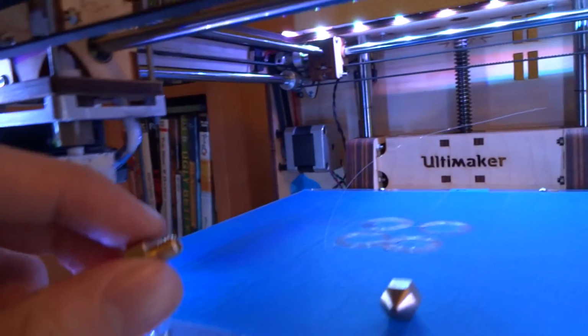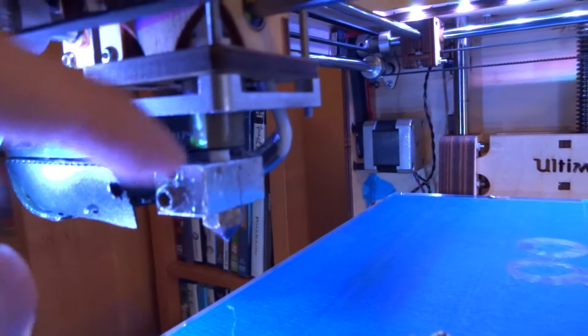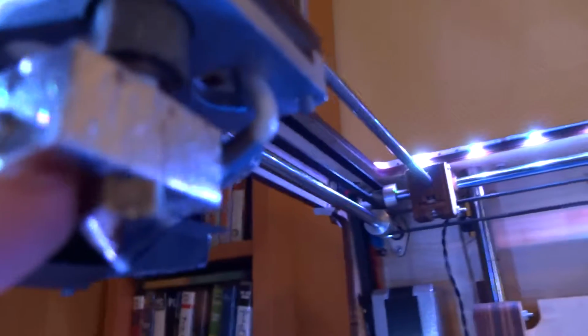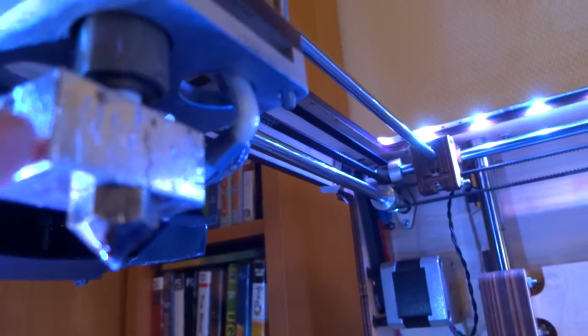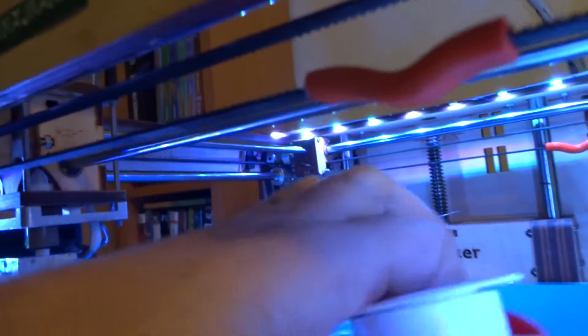Oh, top tech tip. If you are experiencing leakage from your 3D printer, this printer has been prone to leak up here. From the back you can see some blackness there from some plastic that's leaked out. And also they are prone to leak from down here where you have the seam between the brass nozzle and the aluminum heater block. And a simple way of solving that is to use ordinary plumber's Teflon tape, this white stuff,